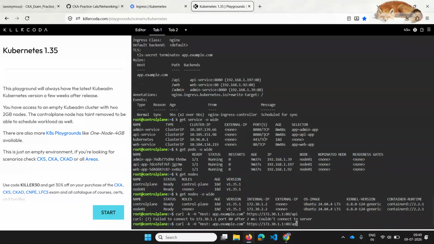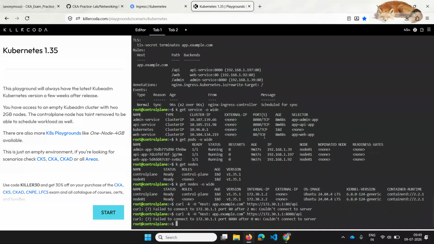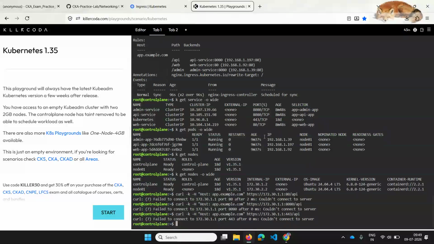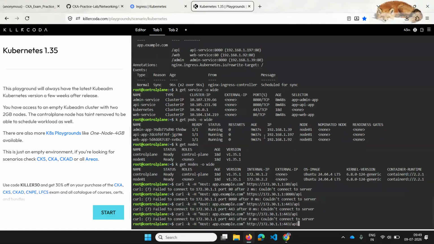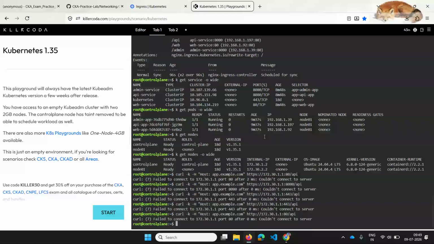It couldn't connect. Let me try with 8080. No. Okay, let me try with 443 then. It's not able to connect. I think some issue.